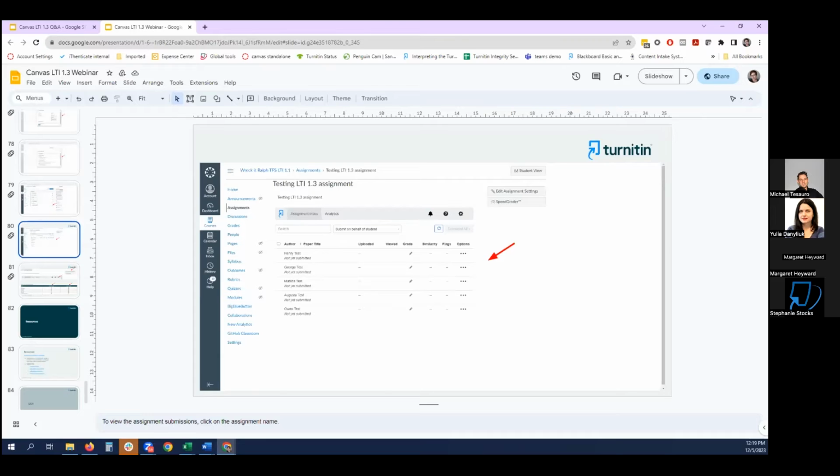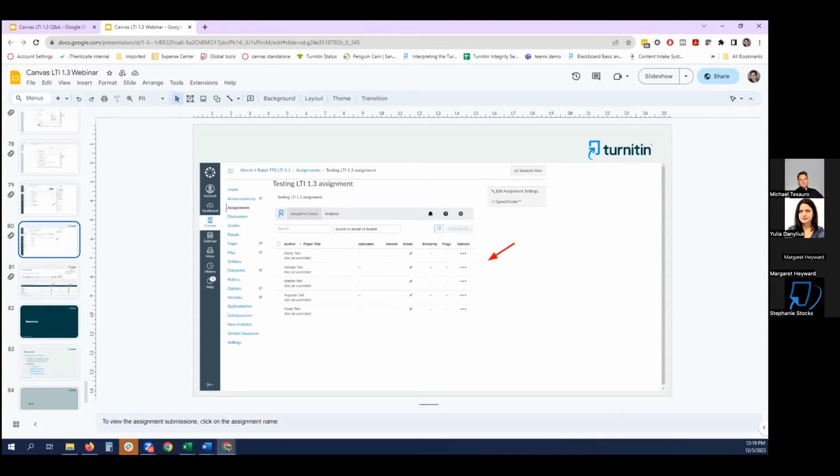So if we already have the assignment set up in our upcoming courses and need to convert them to 1.3, do we select our current course? Oh, for assignment copy, yes. Okay, sorry, Guy, I just had to make sure I understood your question. Yes, if you already have your assignments set up in your upcoming course and you need to convert them to LTI 1.3,